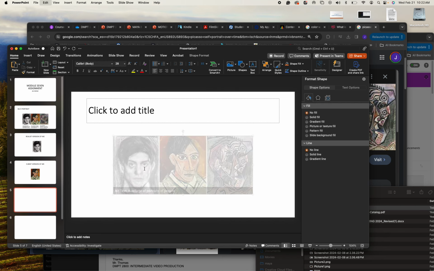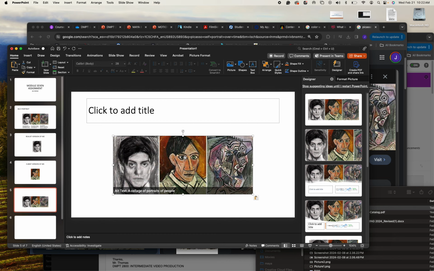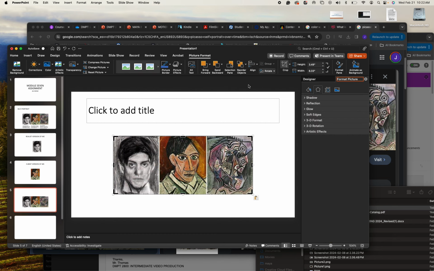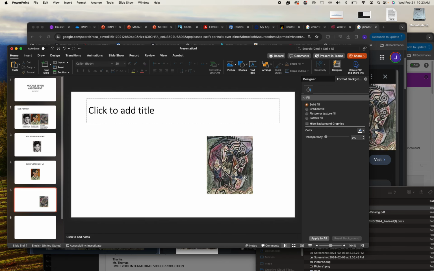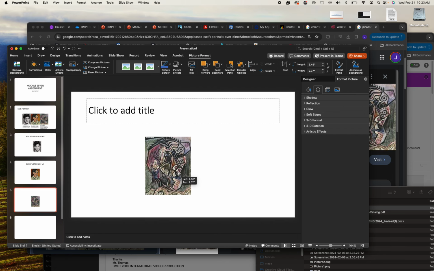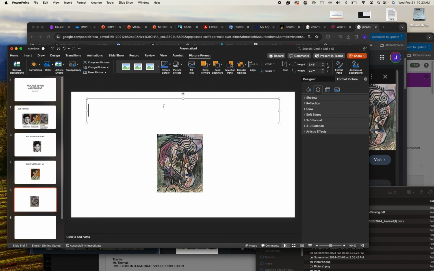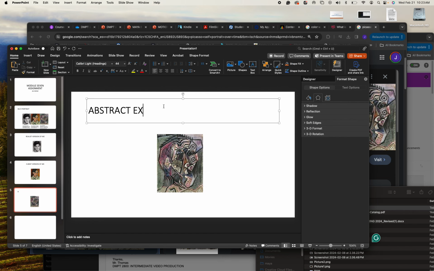I'll paste again because I copied the whole thing. Double click on it, go up to the crop button, click on that, and crop out what I don't want. Click in the white to get rid of the other 2 I don't want, and just drag this whole thing by the center to the middle. And this is what the abstract expressionist